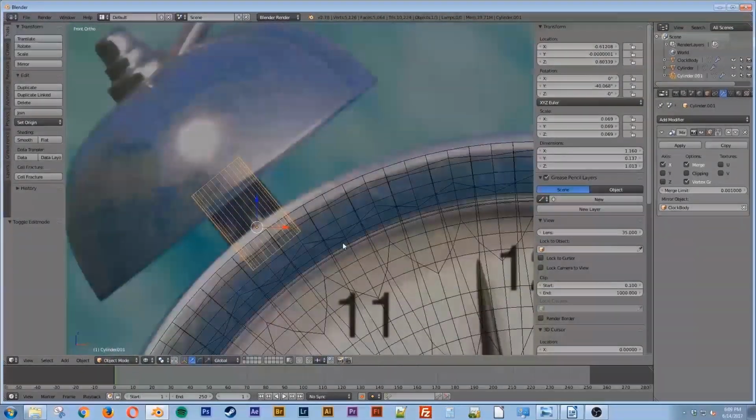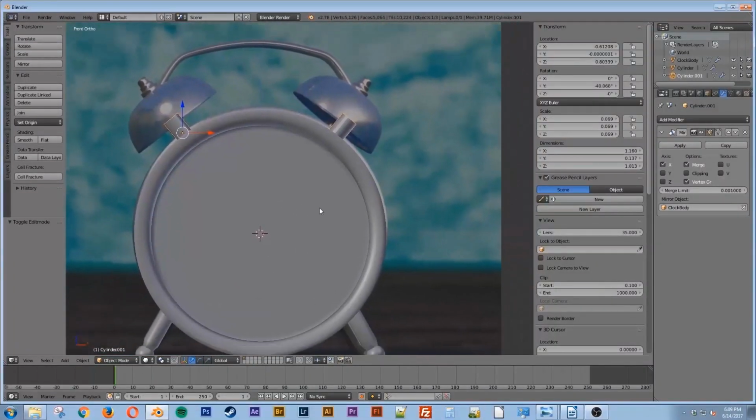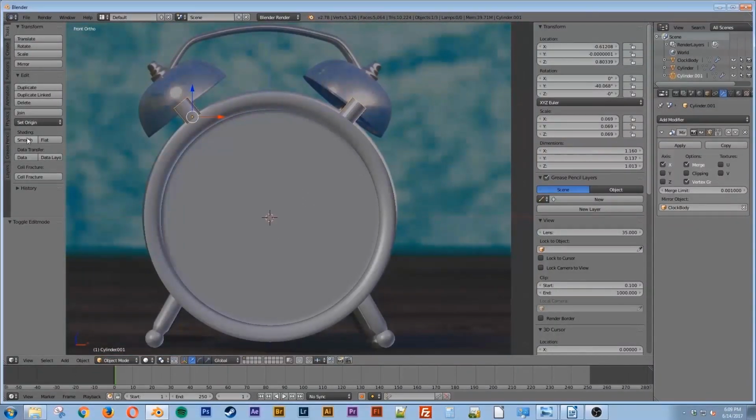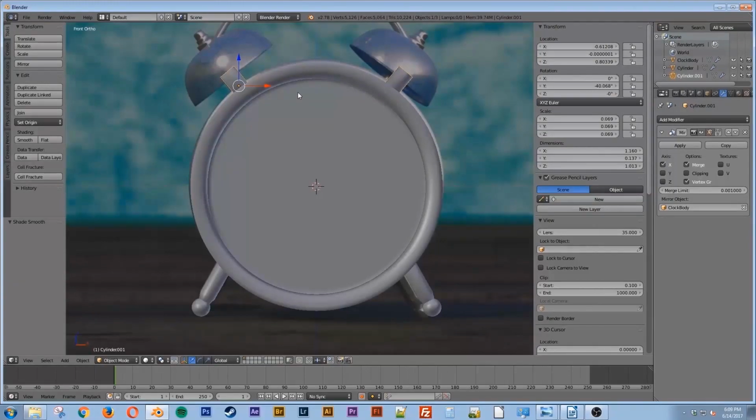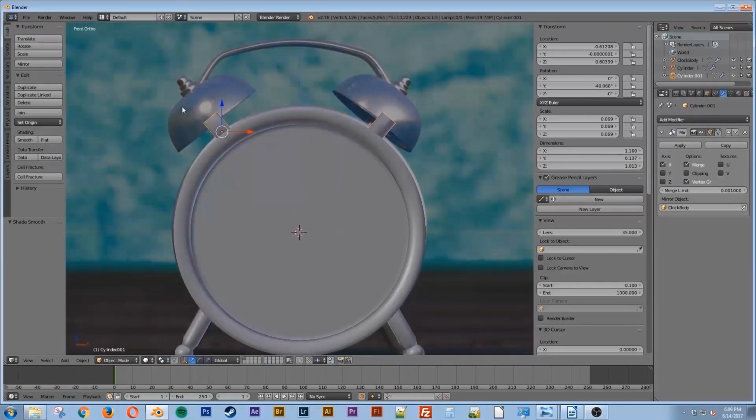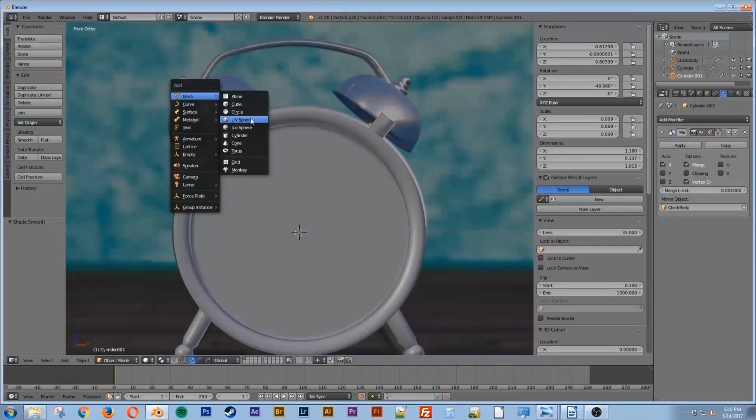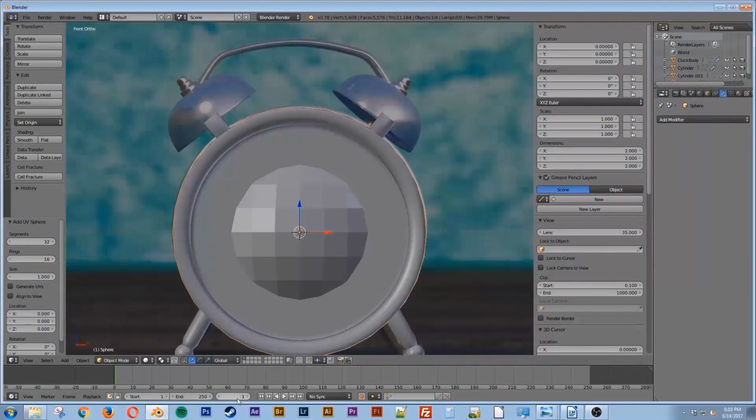Alright, hit Z so I can see where we're at again. Alright, I'm going to click smooth shading here. So now we're already a lot of the way there. Now we need to make this, I don't know what to call it, let's call it the little ears. I'm going to click Shift A, add in a UV sphere, Z so I can see what I'm doing a little bit better,